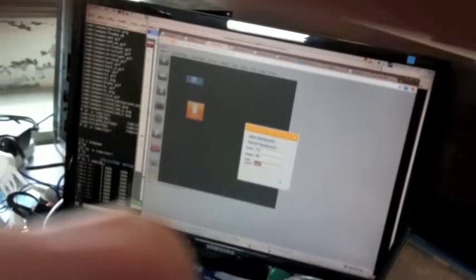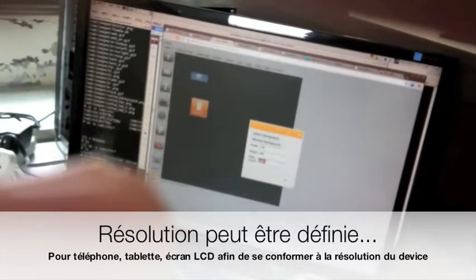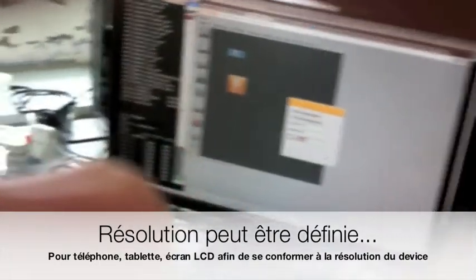The good thing is that you can mix the built-in page and the customized page. For example, if you name this one monitor, it will replace the built-in monitor page. And so you can switch between the built-in page and the customer page. And you can actually set the resolution of the page for a mobile phone,